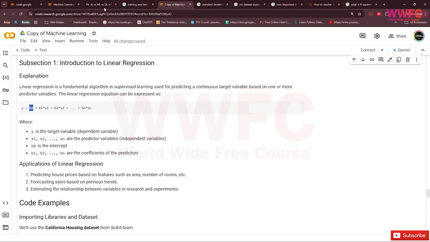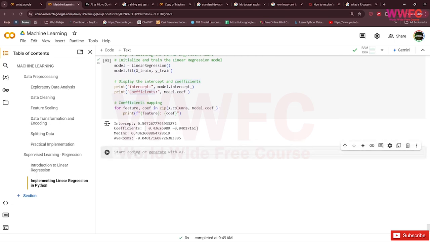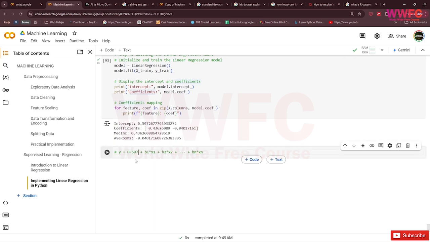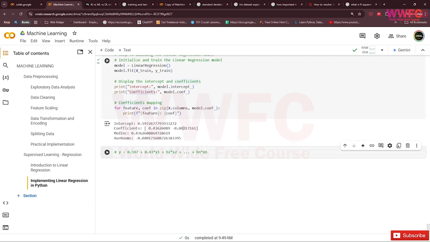So for example, y is 0.597 plus the coefficients, and then minus 110, something like this, right?